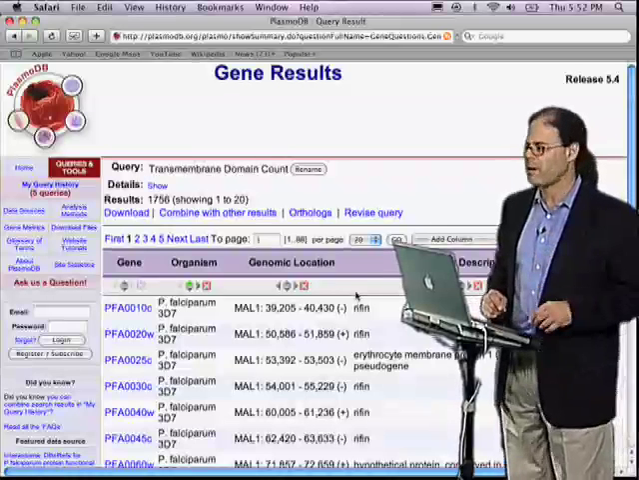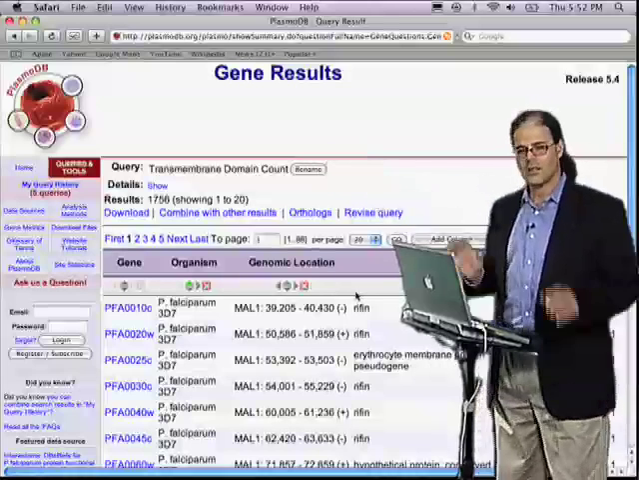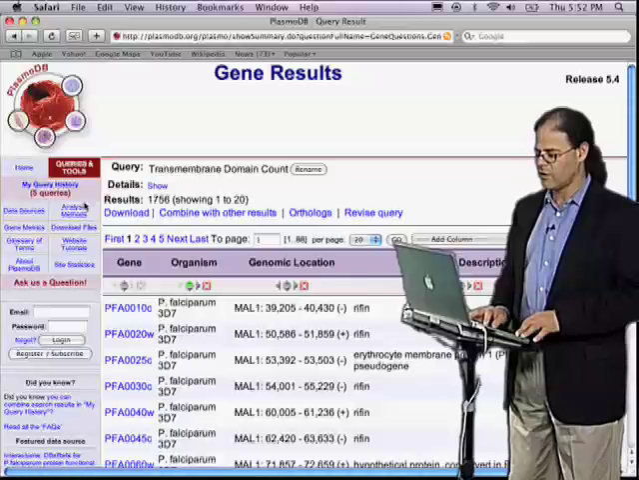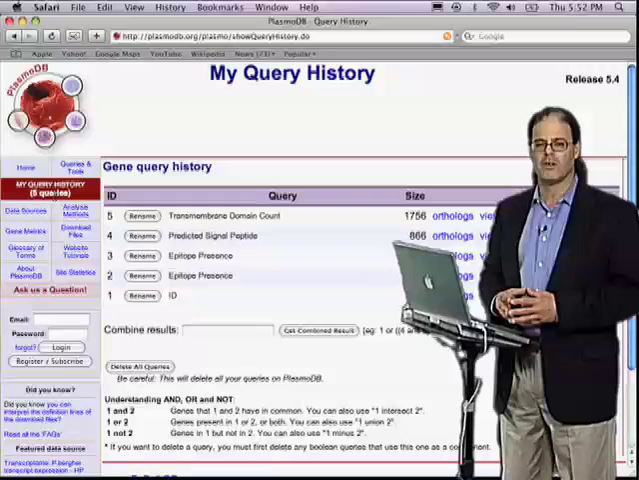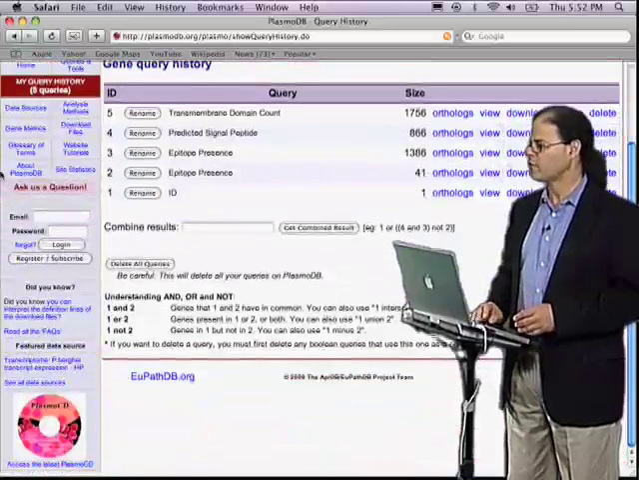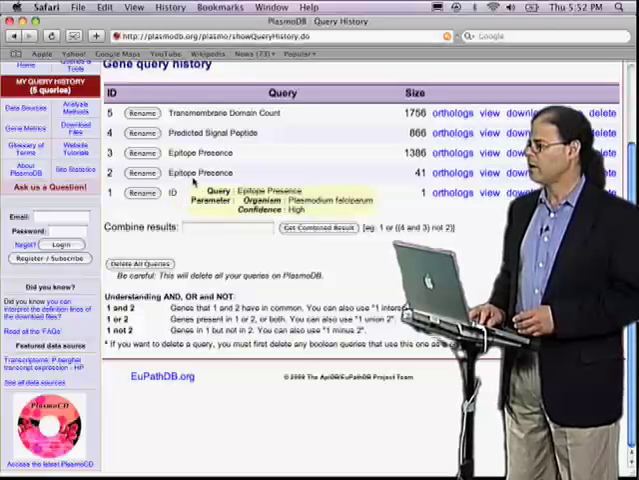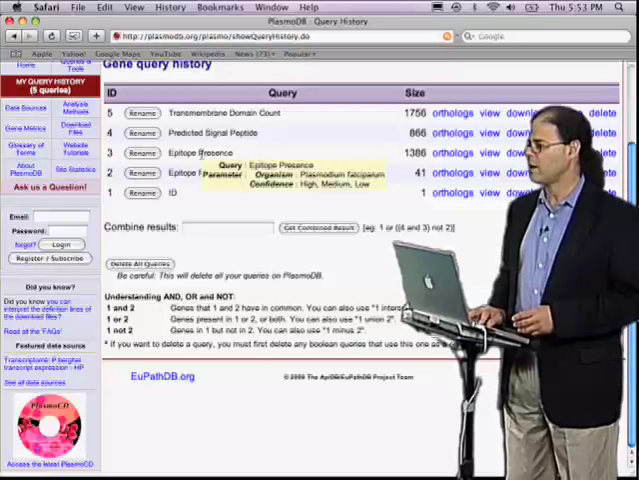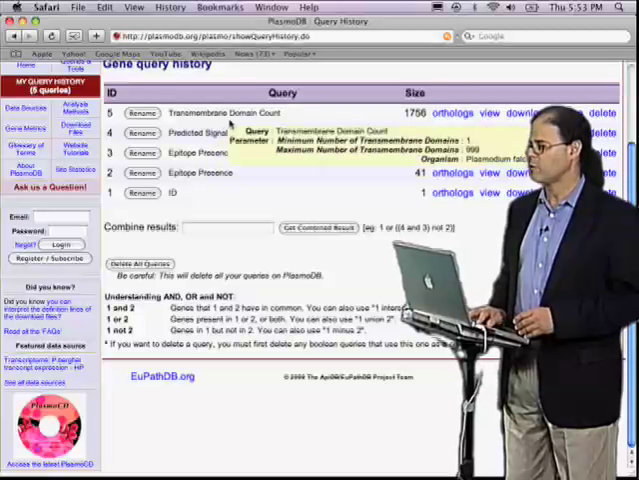Now, those of you with sharp eyes may have noticed that over on the far left-hand end of the screen is a box indicated as My Query History. And this is a history of all of the questions that we've asked in the context of this session. We asked, first of all, for this individual gene, AMA1. Secondly, we asked for the high confidence epitopes, and here for epitopes with even low confidence, proteins with signal peptides or with transmembrane